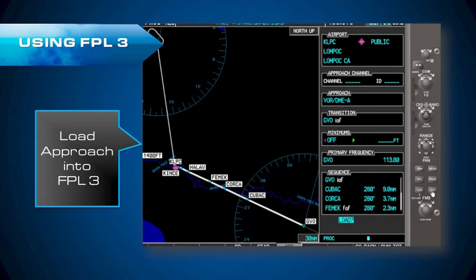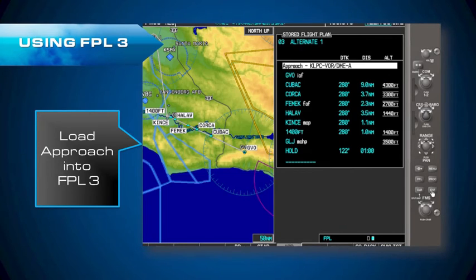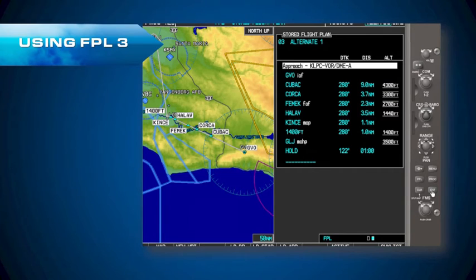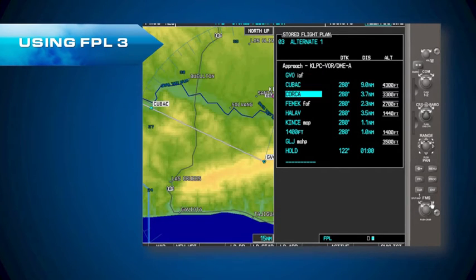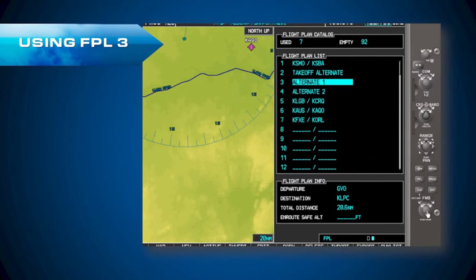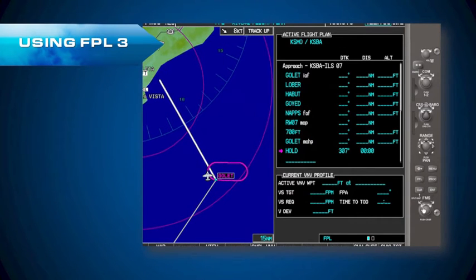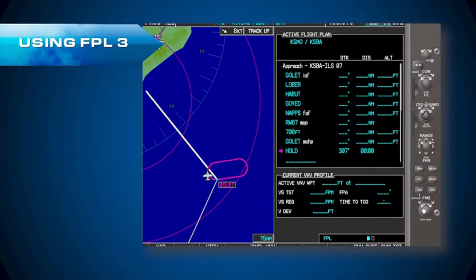the option to load. That's because I'm loading my en route alternate in a flight plan contained in the catalog. Now I'll just simply press enter, and there it is. Flight Plan 3 Alternate 1 contains my en route alternate of Lompoc. I've got the VOR DME Alpha, and I can review all my waypoints right here. All I simply have to do is turn my cursor off. I'm back in the catalog, turn the cursor off again, and look, folks, I am still in the published holding